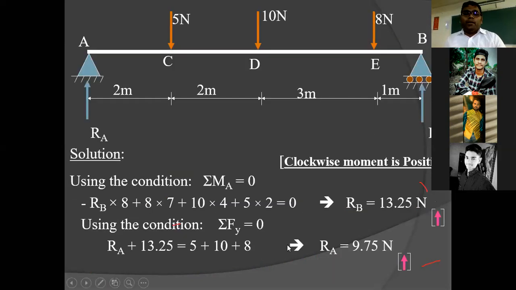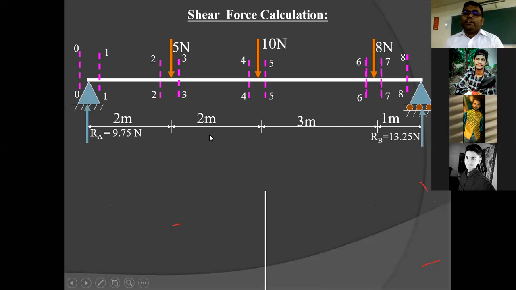Okay, let's see. So RA and RB, this is the same equation. You can see that, dear student. So how much RB came here? 13.25, and you just minus this from 23, and you will get 9.75. And this is equal to RA and RB. So once you know RA and RB, try to get the value of shear force at different locations. So this is the section method, and directly we can find the value of shear force and bending moment at the support. So this is a simple method. We have to take the section before and after the load, before and after the load. This is one of the methods.